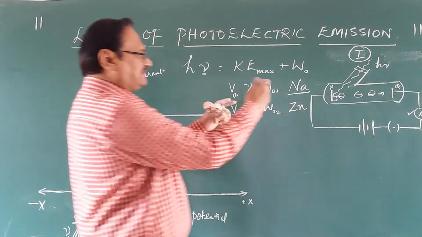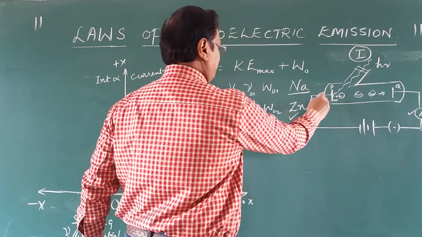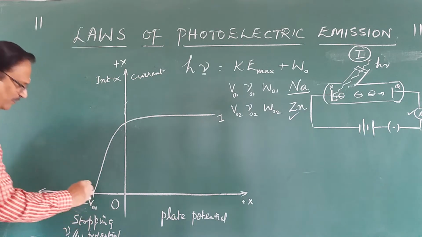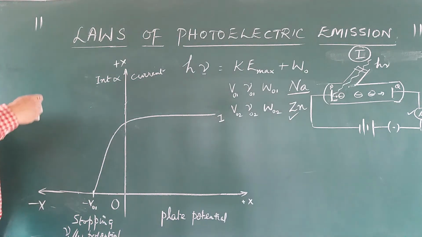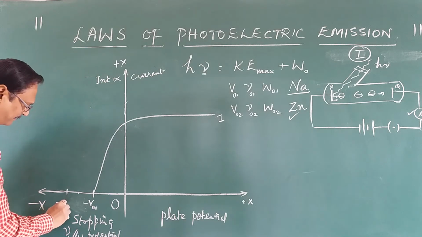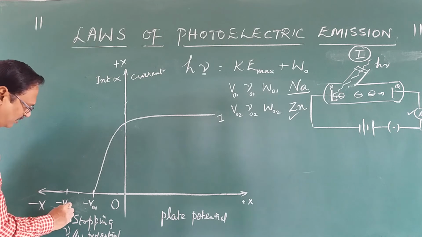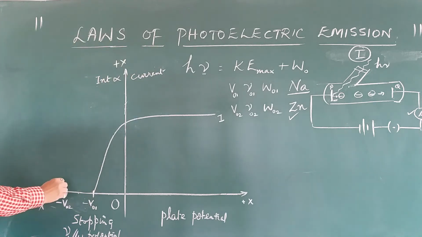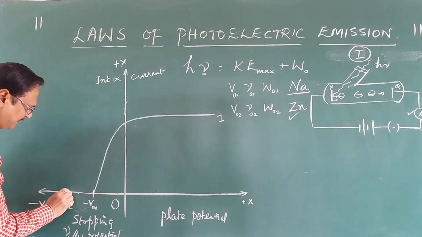Now I replace the plate P with the second metal. This is the stopping potential of the first metal. Now the stopping potential of the second metal is different. So I start here at minus V naught of the second metal, but the intensity is the same. So as it becomes less negative,